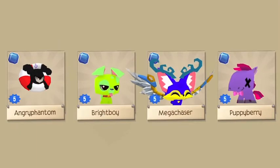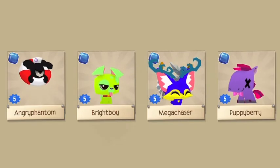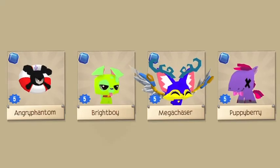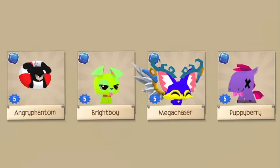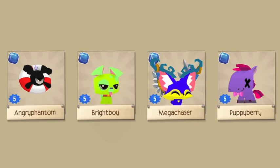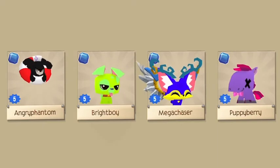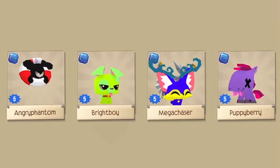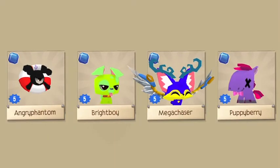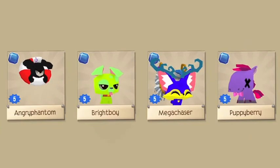Now talking about pets, I wasn't the biggest fan of roosters, gliders, and peacocks getting the rare tag in the update, but now that they're here to stay, might as well bring it to some others. So here are 4 suggestions for pets that should get a rare tag. These, unlike just being likable by people, have, or I feel like would have a reason to get a rare tag,